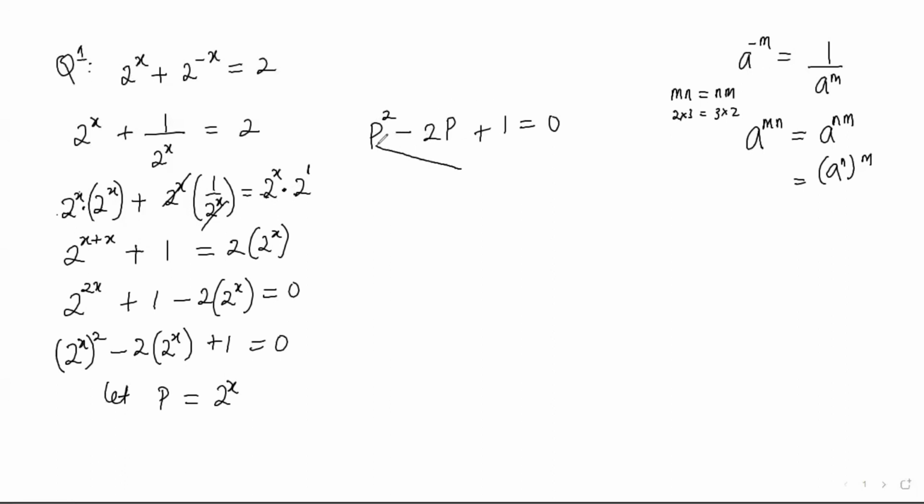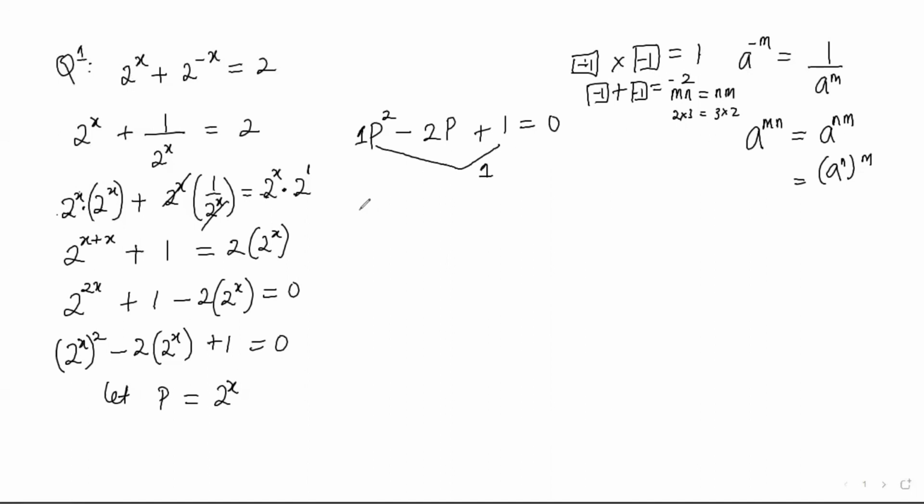Now, you multiply the coefficient of p here, which is 1, with this constant. 1 times 1 will give us 1. So we're looking for two numbers such that when you multiply them together, you get 1, and when you add them together, you get minus 2. The numbers are just minus 1 and minus 1. Minus 1 times minus 1 will give me a positive 1, and minus 1 plus minus 1 will give me